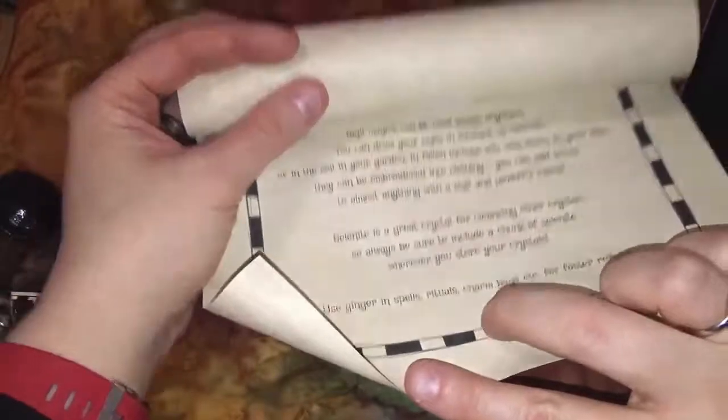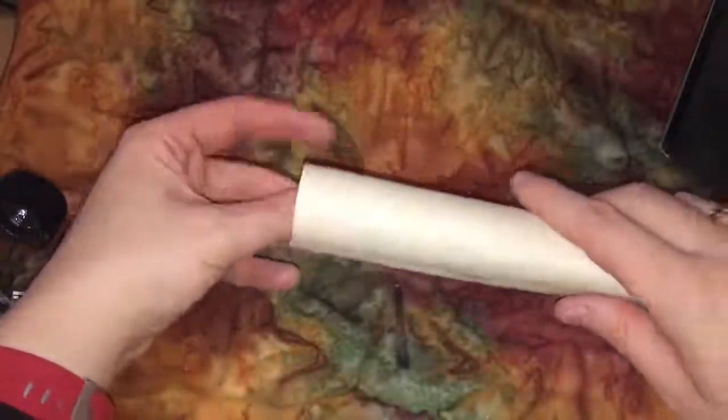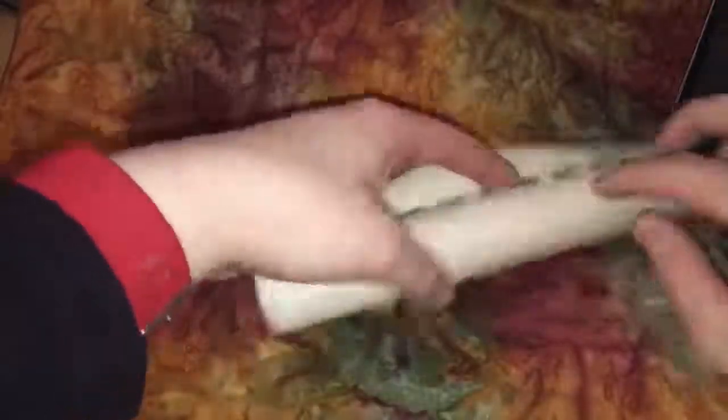Yeah, ginger for faster results. Geez, yeah, it's really like an accelerant. It's fantastic. So this can obviously get flattened. It's an A4 sheet. You can flatten this so that it doesn't curl anymore and put it in your book of shadows if it will fit, or you can glue it in or whatever. That's quite a nice, I've got it upside down now. It's quite a nice addition. Again, we had one in the previous box, so I'm hoping that this is also a regular thing, like the